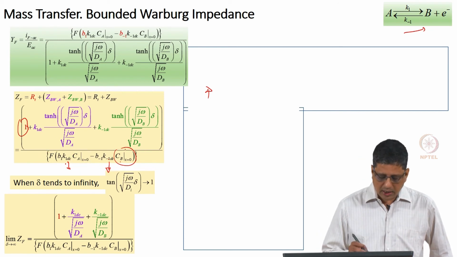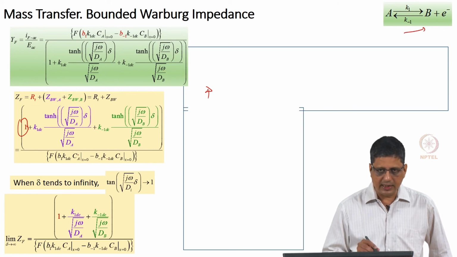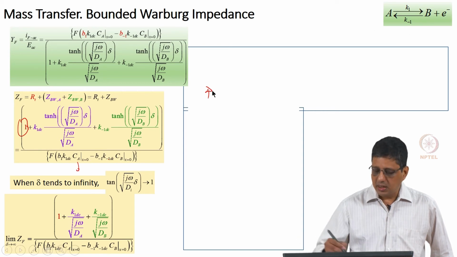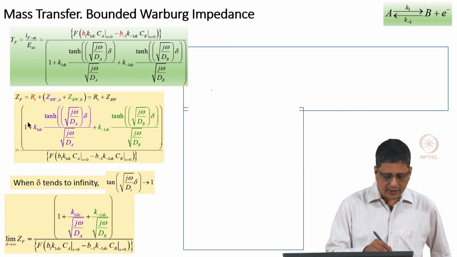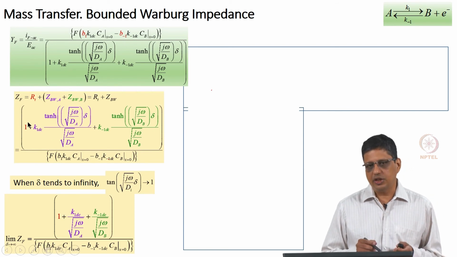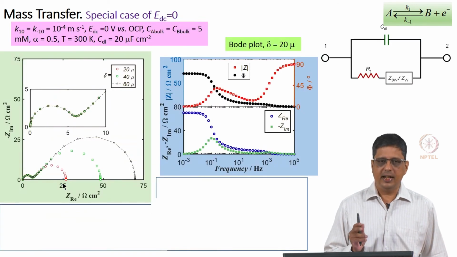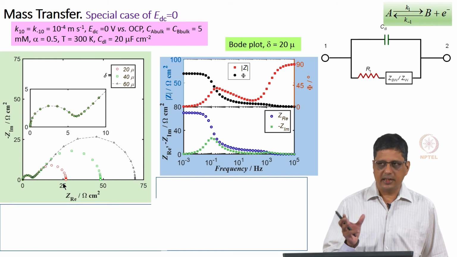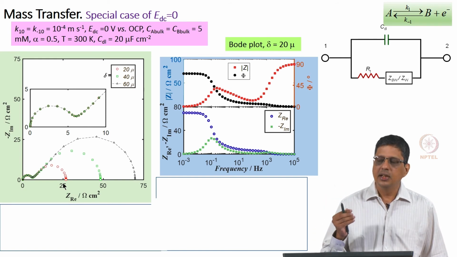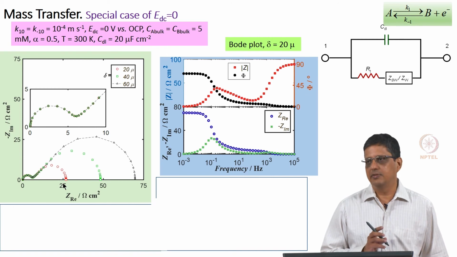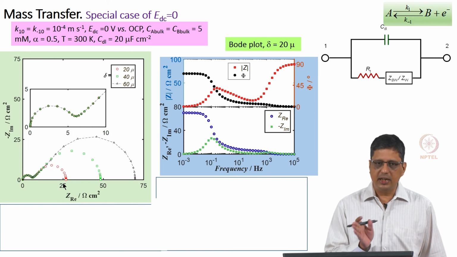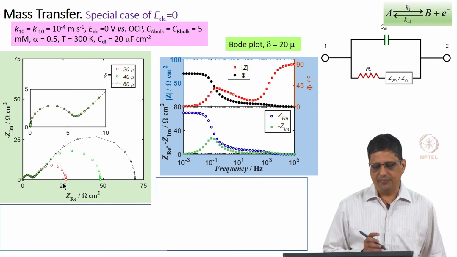Now, the effect of change in potential on K 1 and K minus 1 is the same, but concentration of A will decrease and concentration of B will increase, and the net effect is that R t is larger, that means the denominator is a smaller number. So, whatever learning we had, that pattern recognition that increasing the potential decreases the resistance, is valid only when the mass transfer is very rapid. When mass transfer plays a role, you can't extrapolate whatever you have learnt there and use that here.